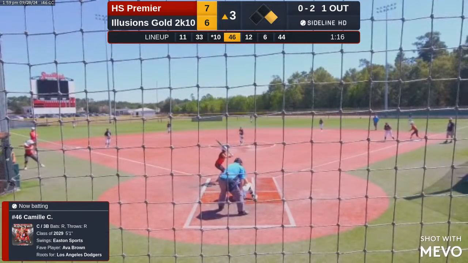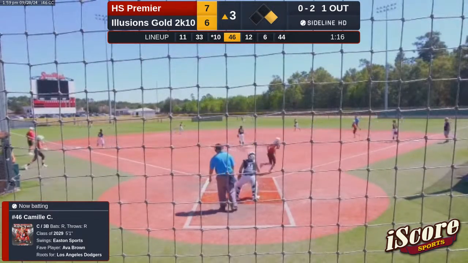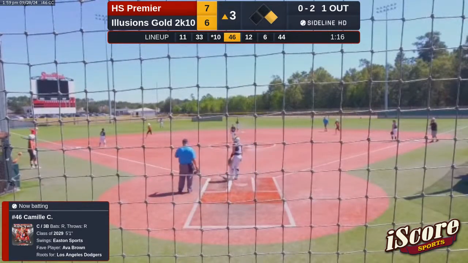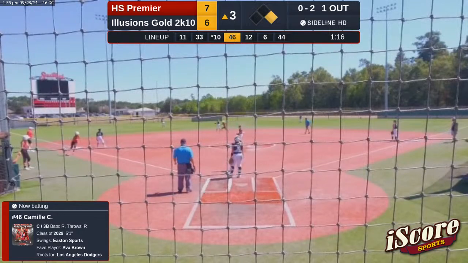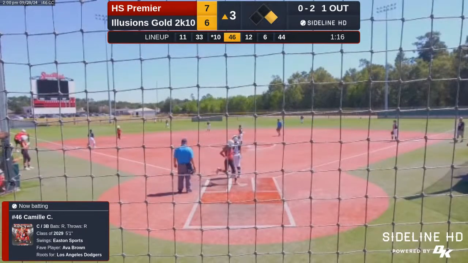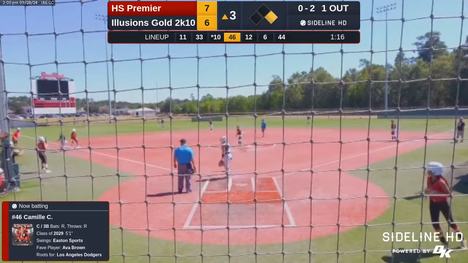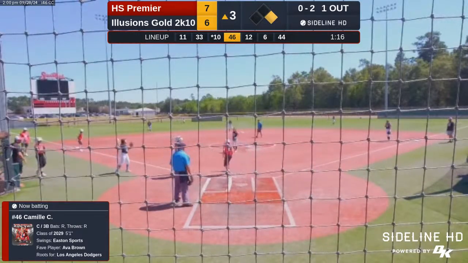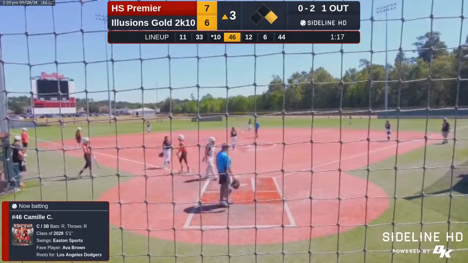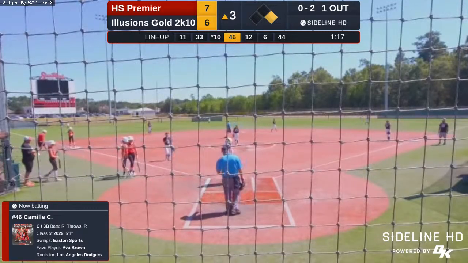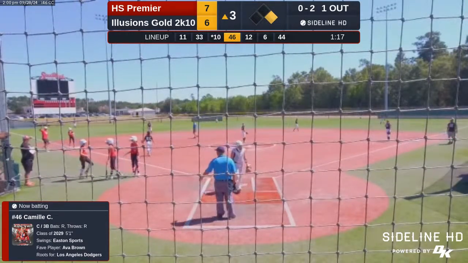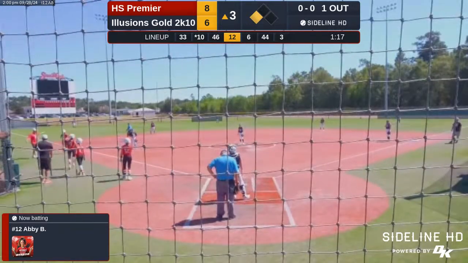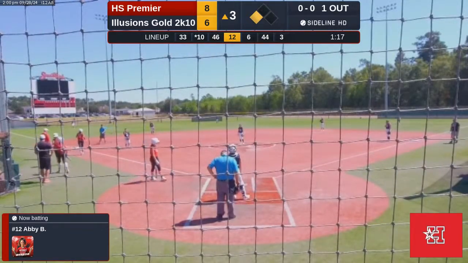Here's your pitch. Swung and hit hard into left center. That ball's going to get down. It's going to go to the gap into the fence. Carissa's hustling. She's around third. Camille's on her way for a triple. And the Hotshots get another one as Camille laces one into left center field. And you want to talk about on fire. Camille has just been belting the ball around the ballpark today. Yes, we have an 8-6 Hotshots lead.